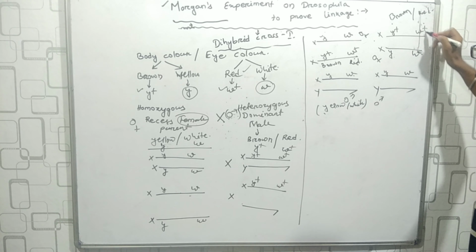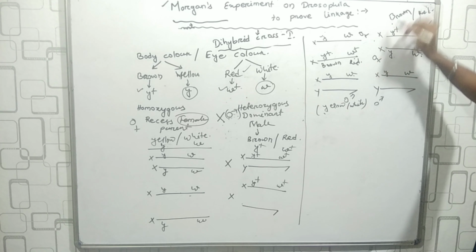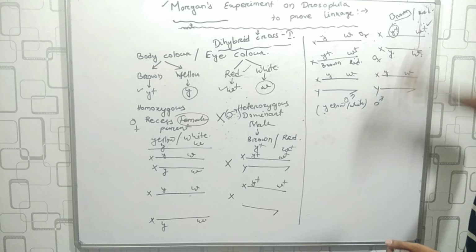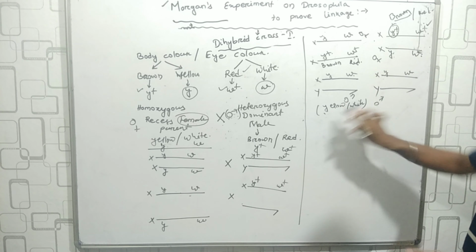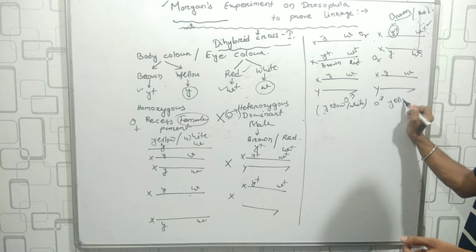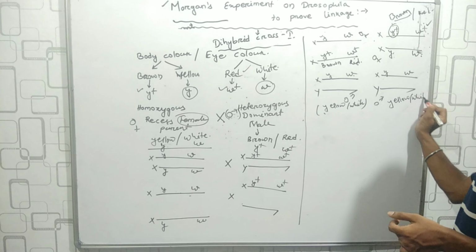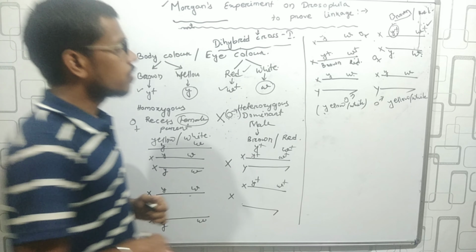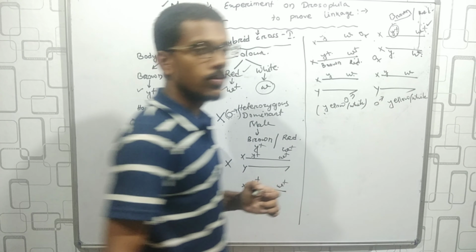Okay, because out of these two, the small w plus will express, and this is the dominant variety. And out of these two, small y plus is the dominant. And here, this will become the same, that is yellow and white. Okay. If you cross one of the males with one of the females, then we will get the